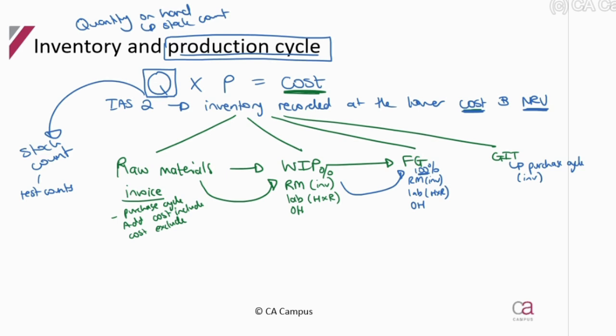Okay, so now I've shown you the components of your production and all of the inventory that would need to be included. And we've said it has to be recorded at the lower of cost and net realizable value. So now you're going to have to do some work to see what is the cost, what is the net realizable value. Where things get a little bit tricky here is that IFRS gives you different ways to determine the cost. So they say you might choose to use FIFO